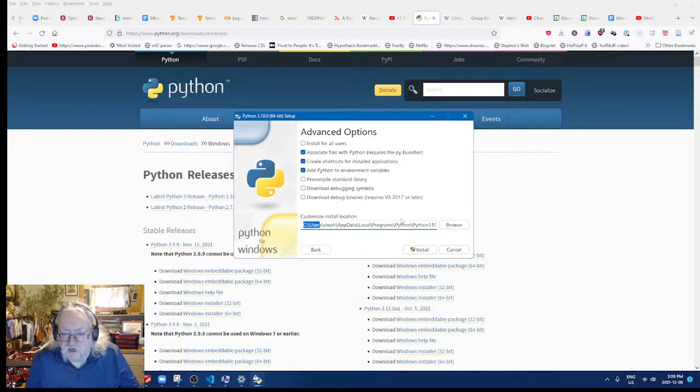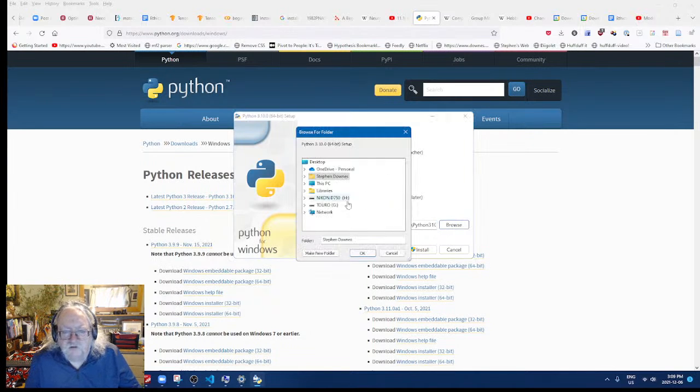Users, Steven, AppData, Local, Programs. I'm going to change that. And I'm going to change it to E, Program Files.